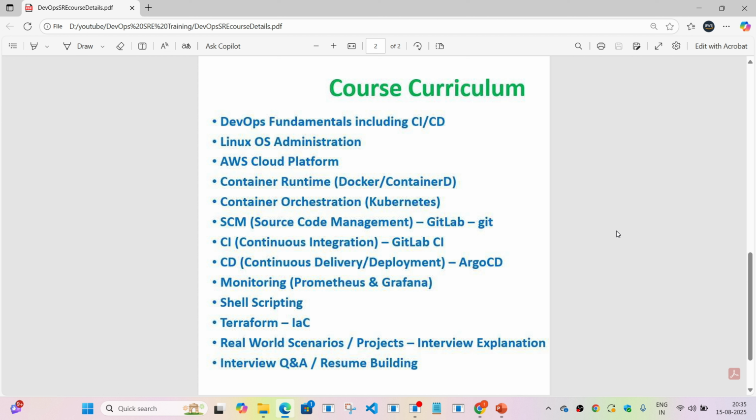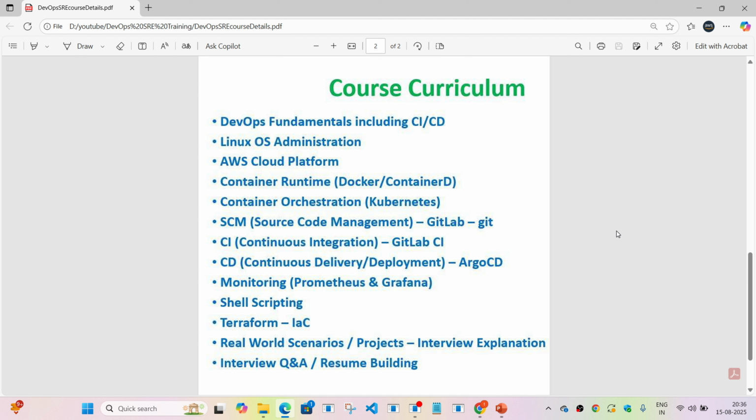Then I'm going to talk about containers as well. In containers we have various different container runtimes. We have Docker, we have Containerd, we have CRI-O, and there are some other platforms as well. But we'll talk about it. And then after this, I'm going to cover container orchestration, which is a way by which you can manage hundreds and thousands of containers in an efficient way, and you can efficiently monitor the status of the containers and do a lot of things. There are a lot of features in container orchestration platforms like Kubernetes. So we'll talk about that.